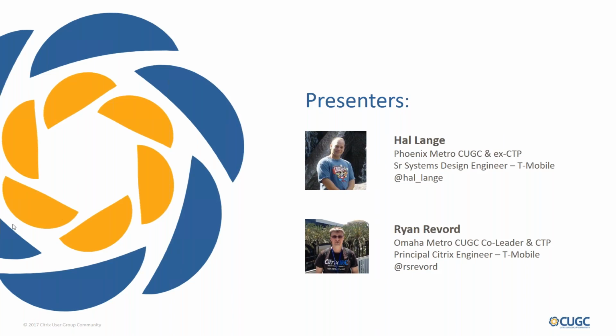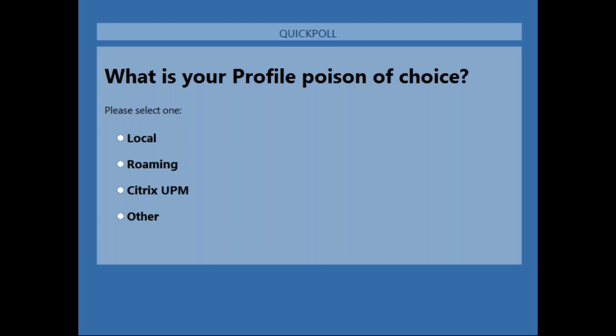All right, that is the profile poison of choice, correct? Yep. All right, here it comes. What is your profile poison of choice? Sounds a little intense there, Hal. There's so many flavors out there. You pick your poison. They all have their own caveats. And does it ever really feel good, right? You're always struggling on some level, so that's fair enough.